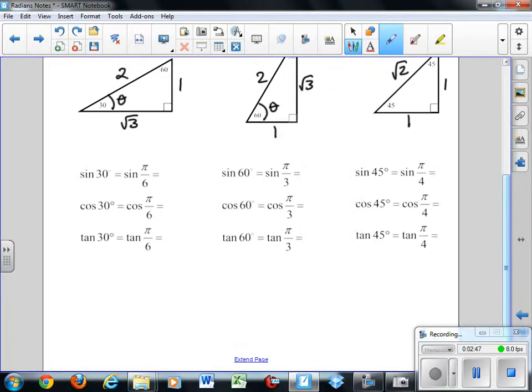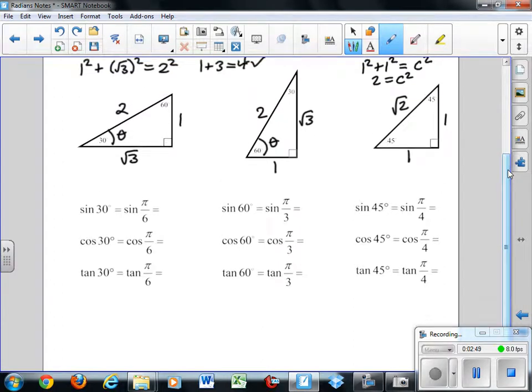Now, let's apply the ratios that we see that are abbreviated SOH-CAH-TOA to these different angles. So sine of 30, which is also the same as sine of pi over 6, since 30 is 1/6 of 180 and 180 equals pi. Remember that, 180 equals pi. So sine of 30 is the side opposite 30 divided by the